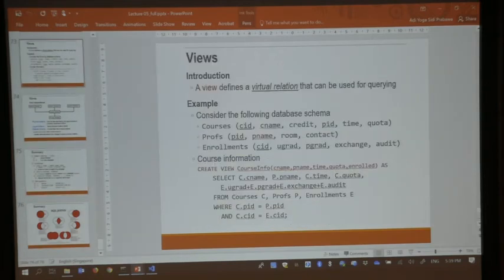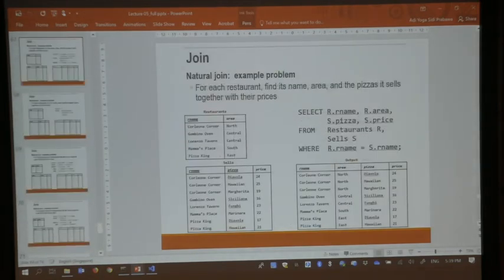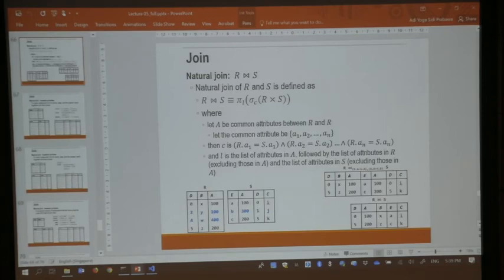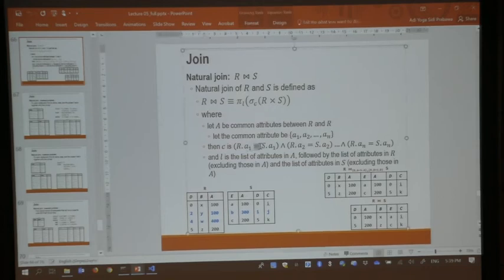Natural join is a special kind of join. In the join there's a condition, but natural join is an implicit condition. Yes, because the DBMS knows which of the two tables you want to join in a natural way. And the most natural way to join two tables is that you look at the attributes of this table, you look at the attributes of this table. The subset of attributes that appear on both must be equal. You say that it's exactly equal.